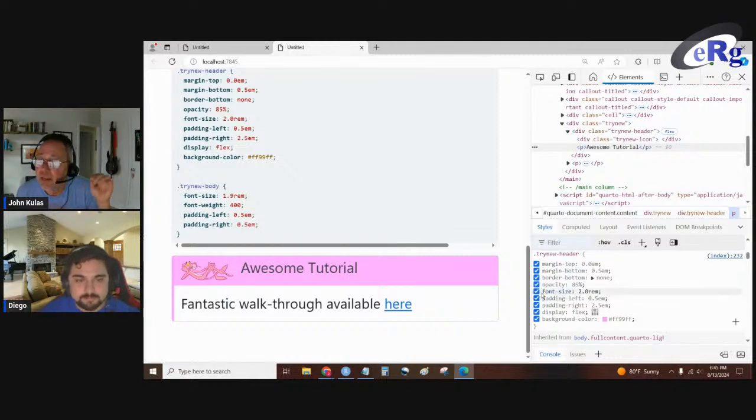But the way in which they have the left-hand vertical bar popping a little bit is through this opacity command. And so if I get rid of that, then you can see it. So the opacity, you can actually see it's affecting the entire header, even the icon. We can play with it and see